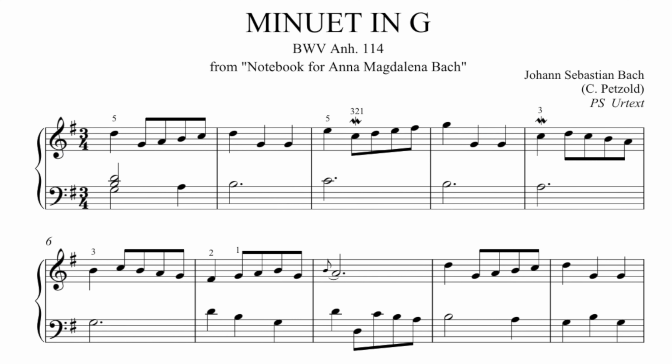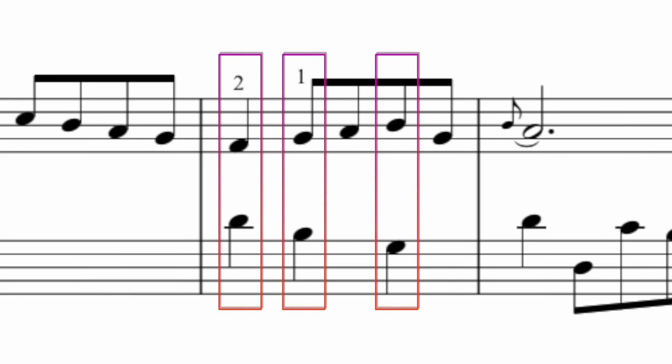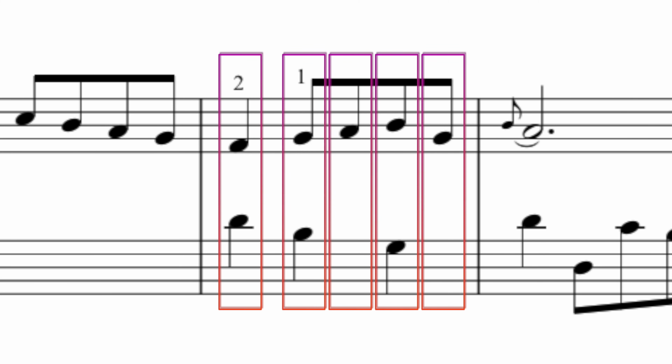There is also a lot more hand independence that's required in this piece because the left hand has a lot more to do. So when practicing this particular piece, try and think vertically as to when both hands are coming together, or when you've got the right hand on its own, or when you've got the left hand on its own,